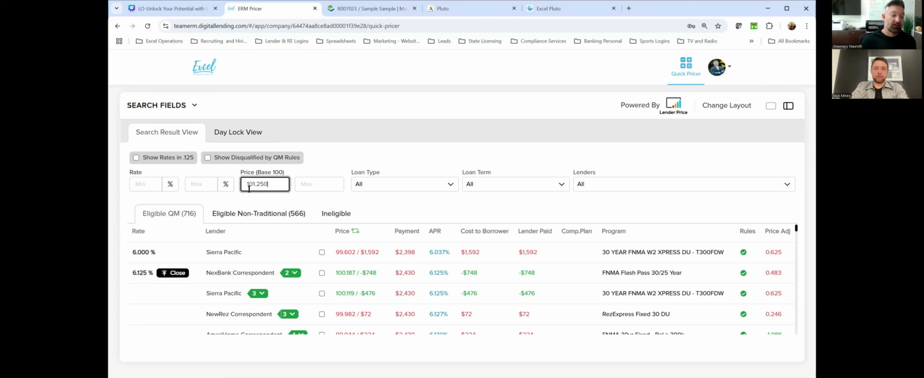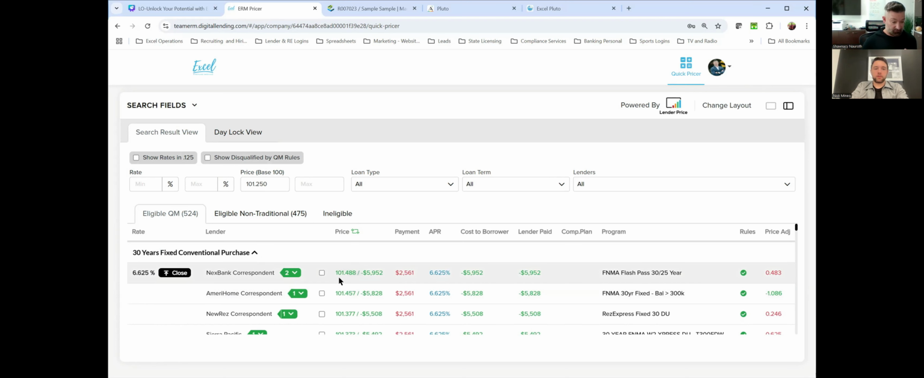I personally would look at around 101.25 as the rate that I'm looking at because I want to see if there's a rate right below 1.5%. For instance, well, that's a very good example. So at Next Bank, it's 101.488 for a rate of 6.625 today. Well, if I select that rate, I'm charging the borrower essentially less than 2 basis points to get to 1.5%, right? So if I had a 1.5% comp plan, there would be a discount point to your borrower of